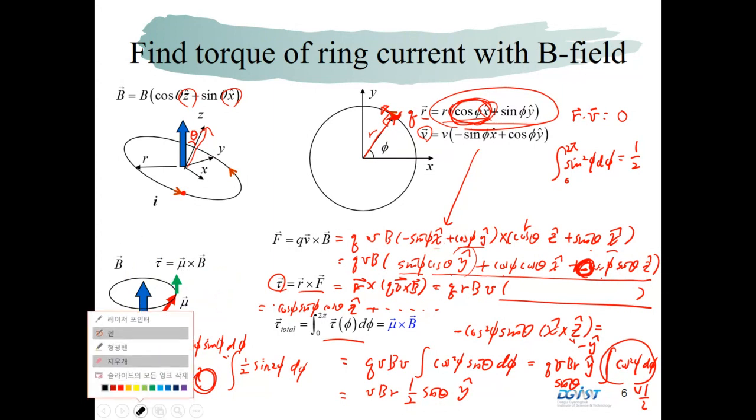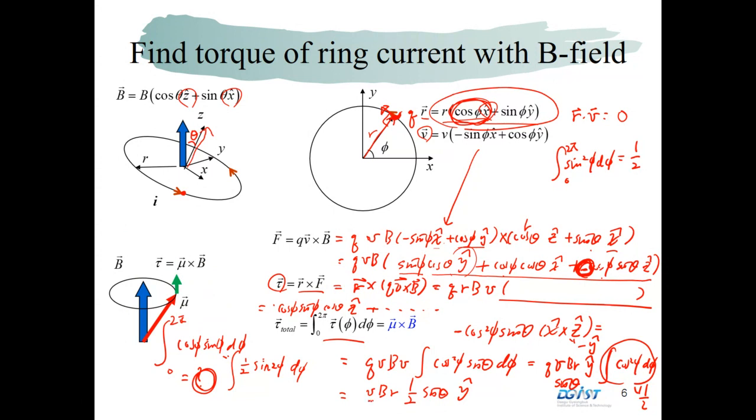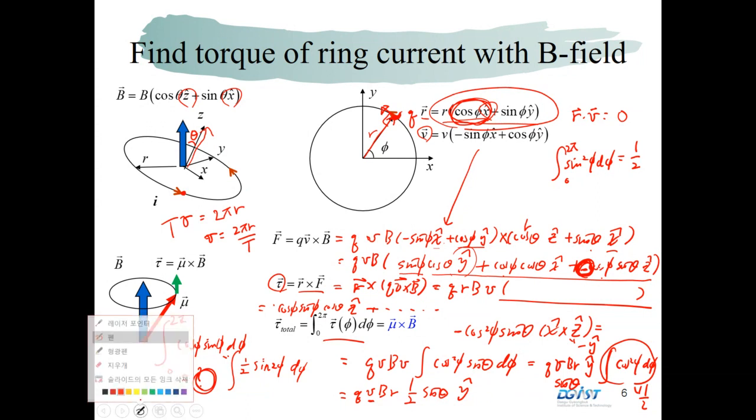We have another relation. The relative V, what we have to do is taking the time for one circular motion, it should be 2 pi r. So the relation is v is 2 pi r divided by the time t. Oh, we have a missing q here. So this result, if we replace v with 2 pi r over t, we can rewrite